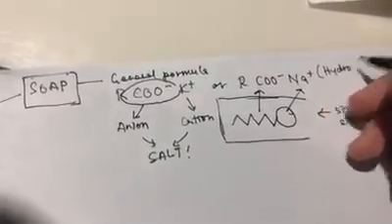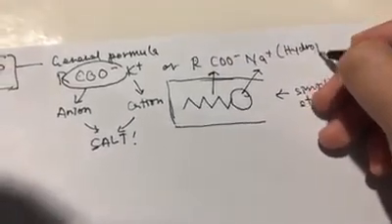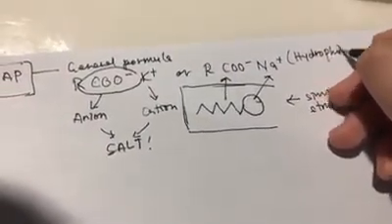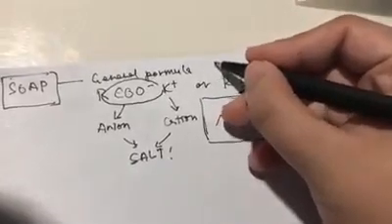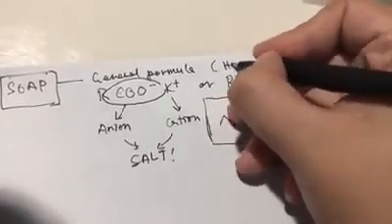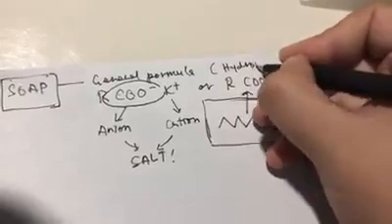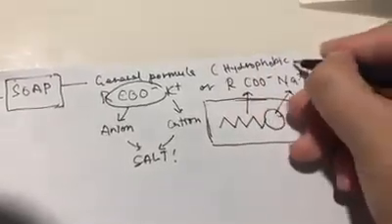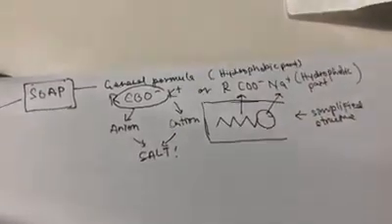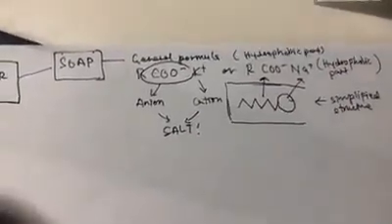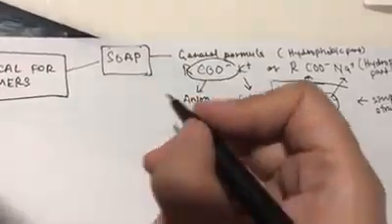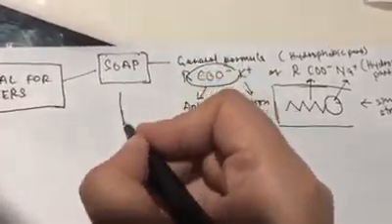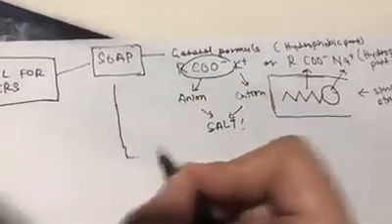The head is known as the hydrophilic part or water-loving part, and the wiggly part or the anion part is known as the hydrophobic part, which means it doesn't like water. Why is this significant? We will look into it later when we discuss the action of soap as a